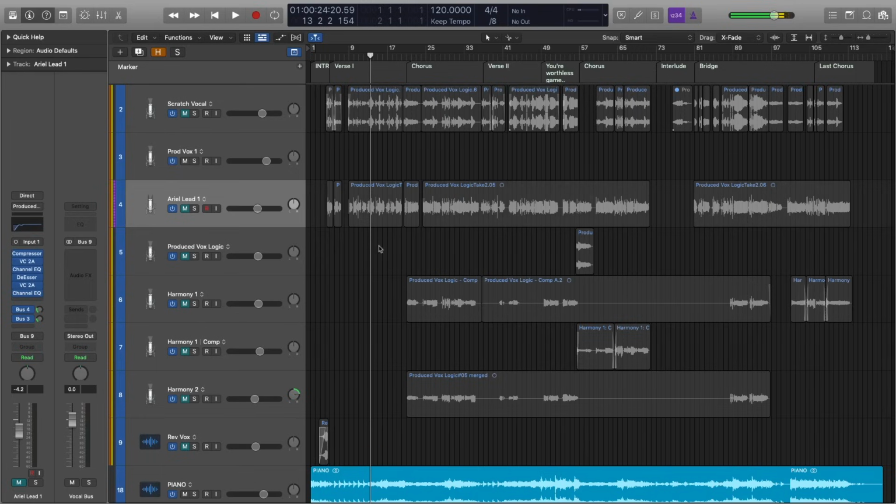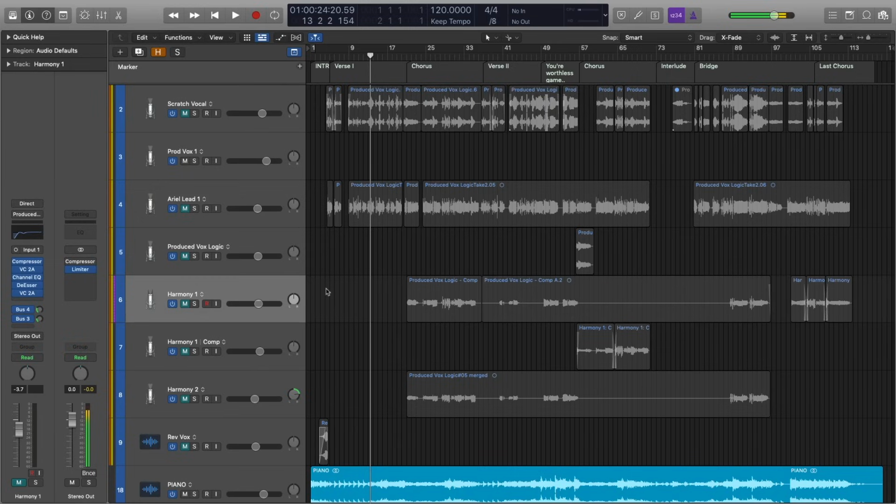Now, this doesn't necessarily work that way to that extreme, because you might not want your harmonies going through the same bus. So you might actually have 2 separate buses. But again, you can set the output there. So let's say you got 4 different harmony tracks. You can send all 4 of those to, say, a harmony bus. And you have all your lead vocals that you send to a lead vocal bus. You can process those. You now only have 2 channel strips that are being processed, but you have multiple tracks